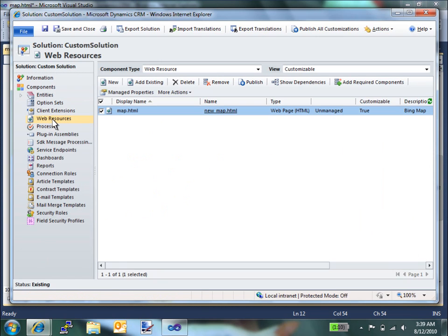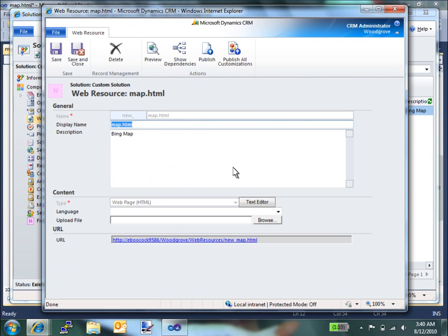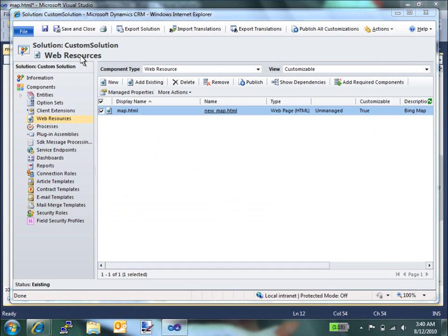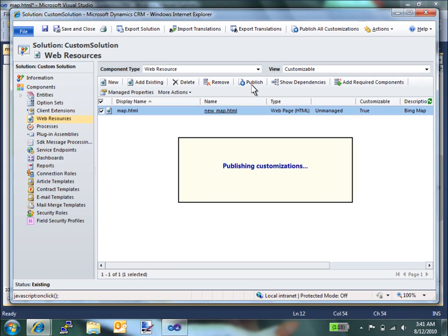Now, we simply add the file we viewed in Visual Studio as a web resource, save the record, and publish customization so that Microsoft Dynamics CRM makes this web resource available. Now that we're done with the development aspects, we should go back and look at our dashboard,